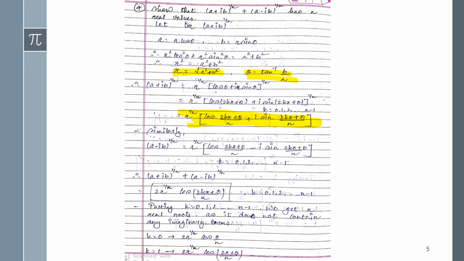Okay guys, so similarly we can apply it for the minus term, that is (a minus ib) whole raised to 1 upon n power. Now combine these together, that is (a plus ib) whole raised to 1 upon n plus (1 minus ib) whole raised to 1 upon n. After simplification you will get this term, and here it's written to show that this has real values. It means the answer you get must not be in the form of i.